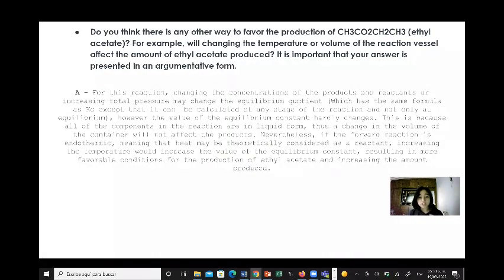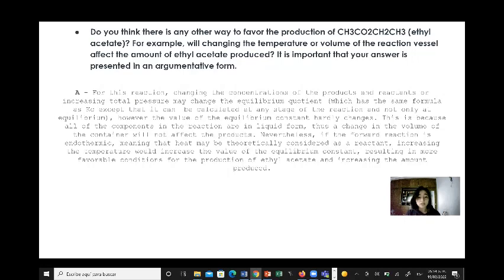For the reaction, changing the concentration of the products and reactants or increasing total pressure might change the equilibrium composition. However, the value of the equilibrium constant hardly changes. This is because all the components in the reaction are in liquid form. Thus, changing the volume of the container will not affect the product. Nevertheless,